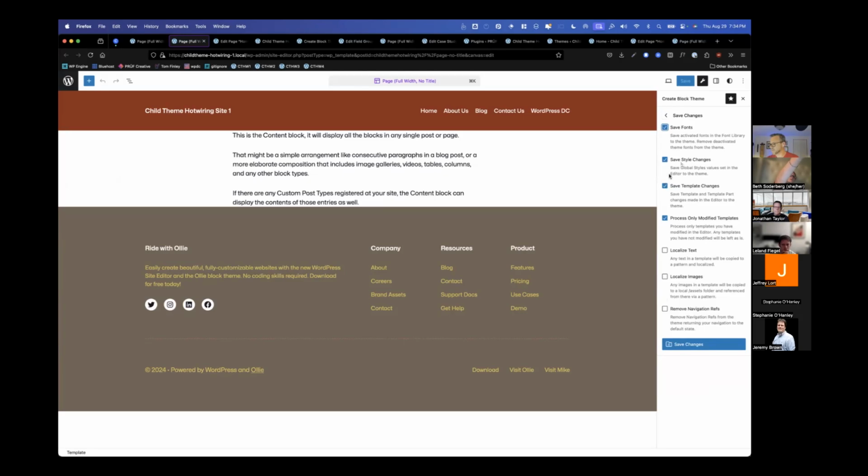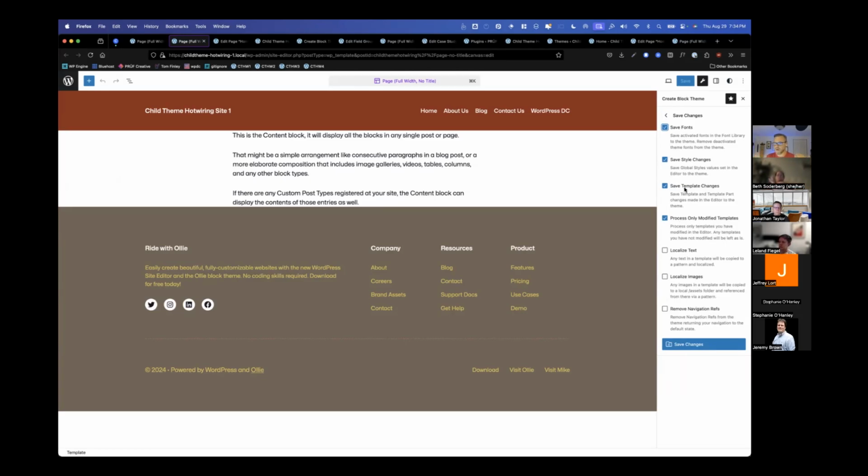You can toggle on and off your fonts, save your style changes, which is the stuff you're changing over here. Template changes. I mean, templates are a big item you want to have awareness of. I did not speak about templates earlier when I spoke about patterns, but you can generate templates through the site editor, and they're actually just residing in the database.